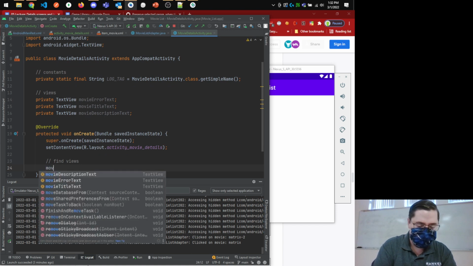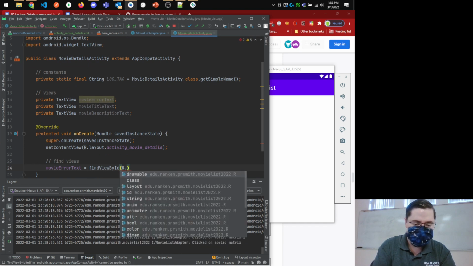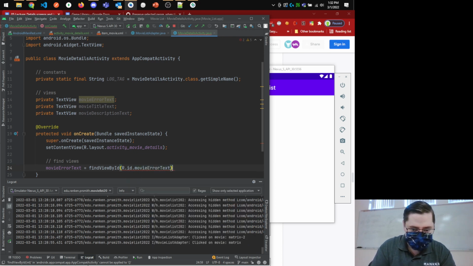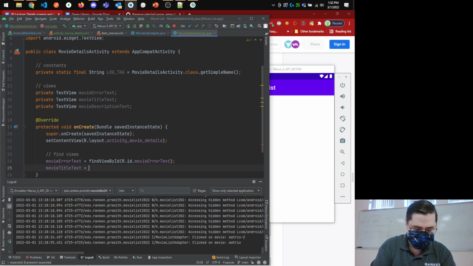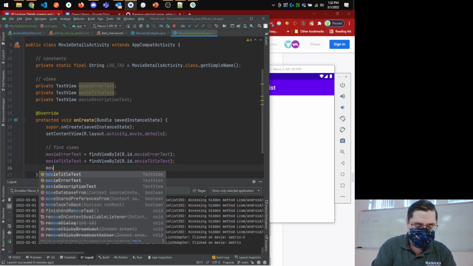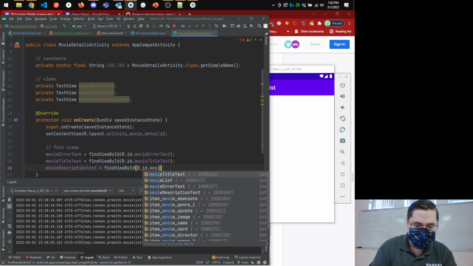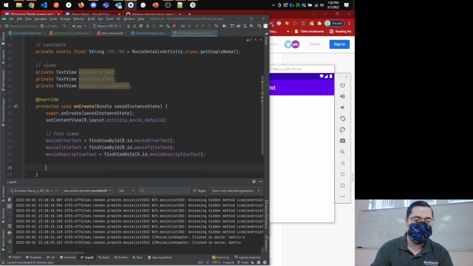And so movie error text is equal to find view by ID, R.id.movie error text, movie title text, find view by ID, R.id.movie title text, movie description text, find view by ID, R.id.movie description text. Okay, so just for illustration purposes, I'm going to very quickly here